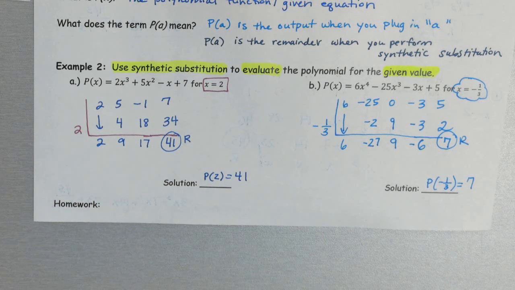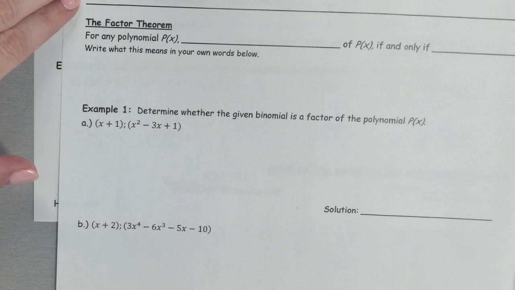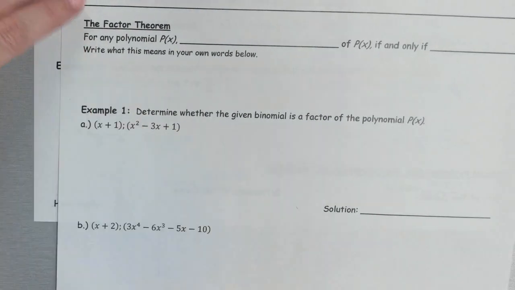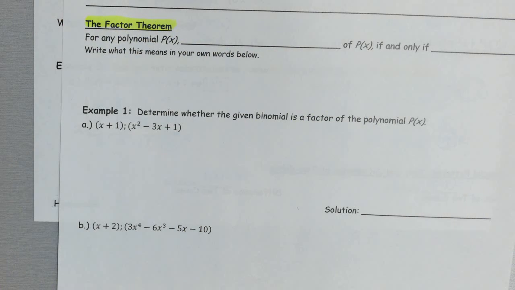Okay, and then keep this. We are going to write our homework down there, but I wanted to combine the first part of 3.4 with this. So we're going to do the title and objective tomorrow. Today we're just going to do this factor theorem because it goes with exactly what we've been doing today. Okay, so today we are going to talk about the factor theorem